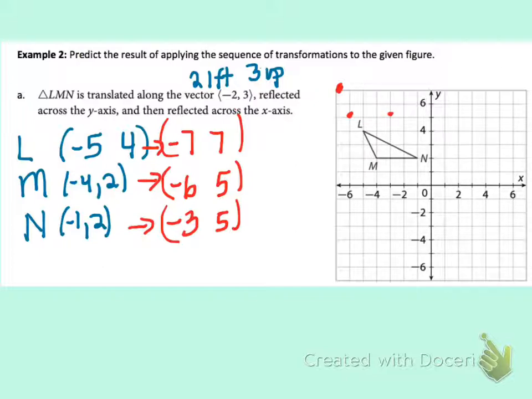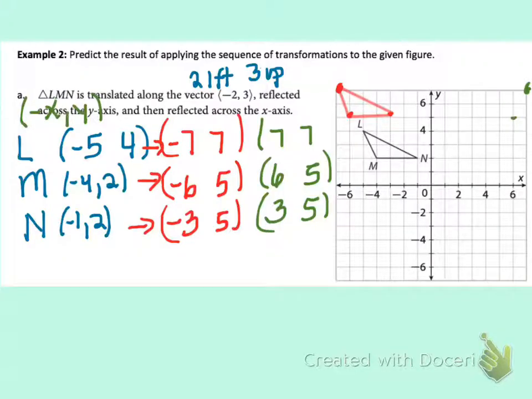So, oops, let's draw this a little better. Right here, and 3, 5, which puts me right here. And now I have another triangle that looks identical to the original, but it's just now slid and then reflected. So comparing it to the original, they still look exactly the same. These are called transformations that are either, they sometimes call them isometries or rigid motion. So they're going to keep the figures rigid, not allow them to change, stretch, or compress, or whatever, but just